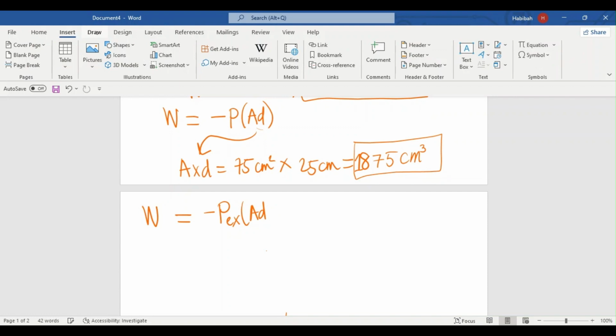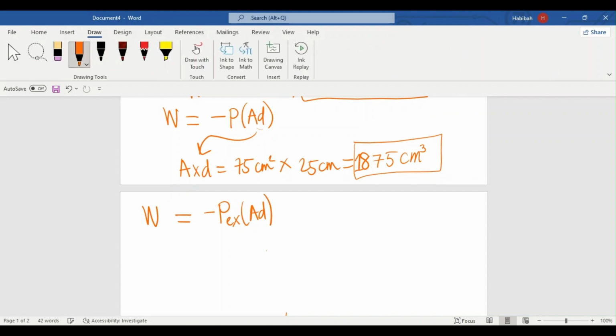Now, the normal thing we're supposed to do would have been for us to basically just multiply everything. But we have to remember that pressure, right? So now the normal thing we're supposed to do would be to just input the information in the equation here. But this cannot happen because even though we have the value for pressure and then area and then distance,